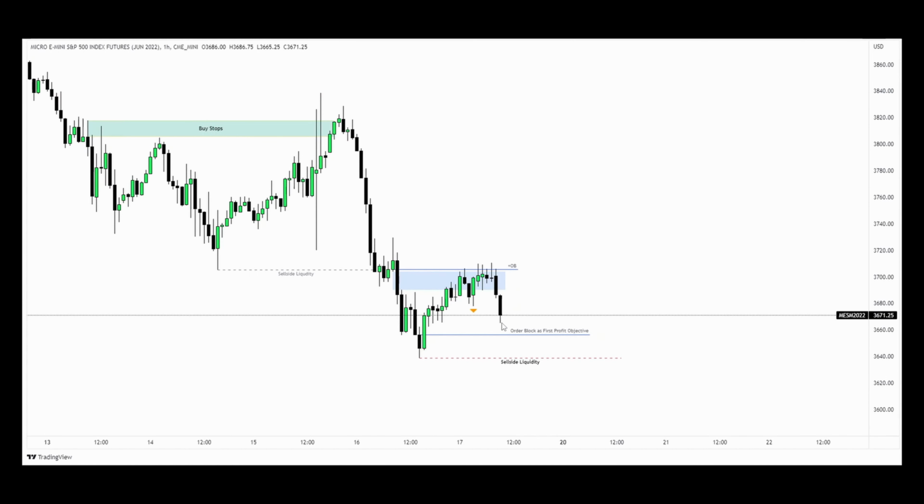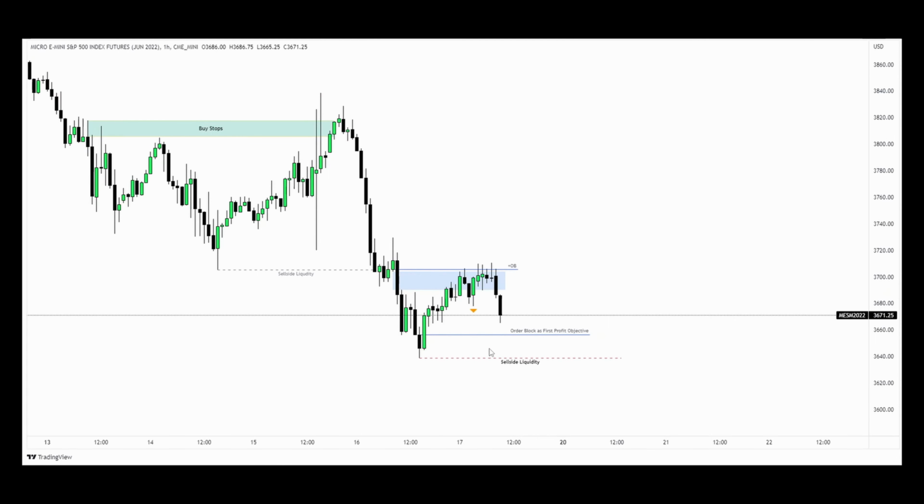Price recently broke market structure to the downside, and I'm expecting price on the 1 hour chart to retrace a little bit to mitigate this fair value gap here,